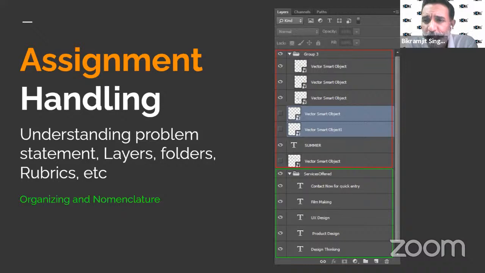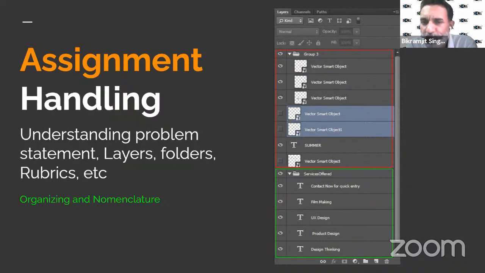That is completely wastage of time. And some of the layers are off. Whenever you are supposed to submit the layers, I mean the source file, there should be no layer which is off or which is not in use, which has not been used in the project, in the assignment, in the task. So let us see what is required, or what a proficient designer would do, probably working alone or in a team, in a company.